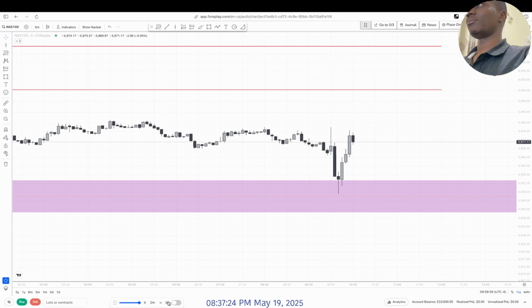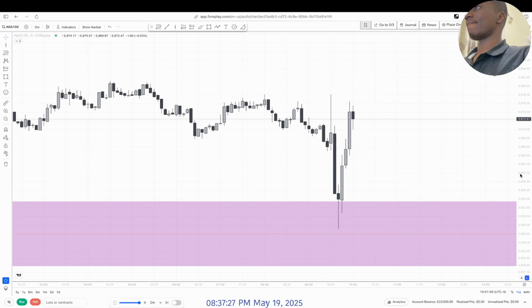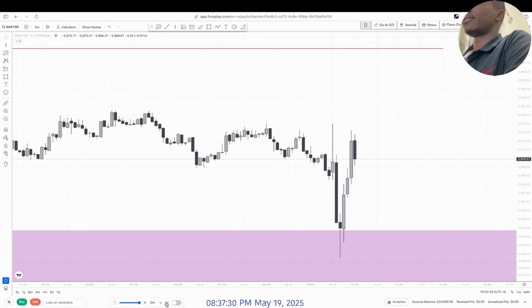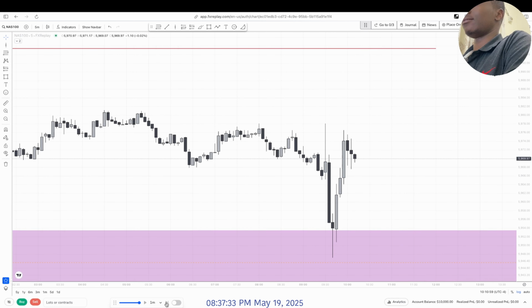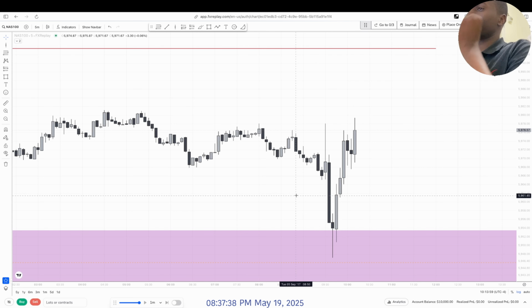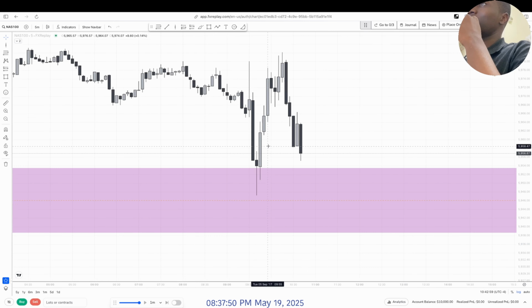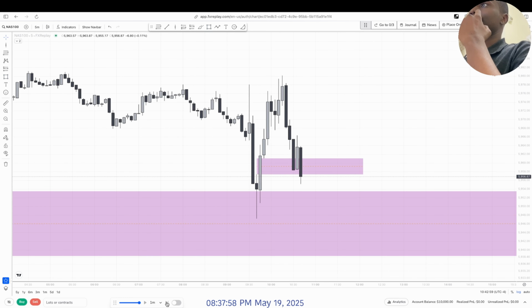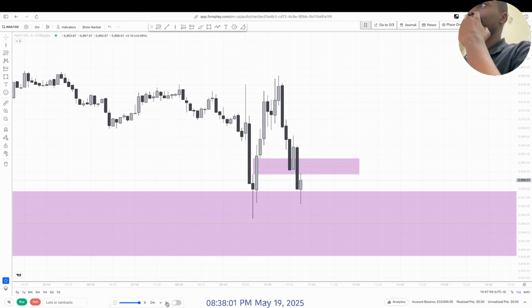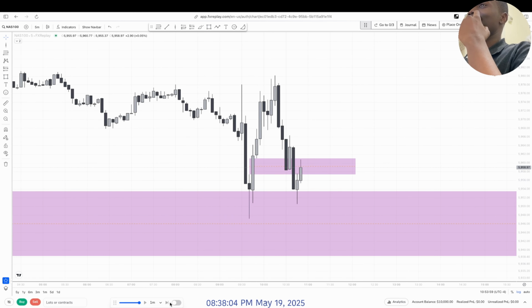Let me wait for a fair value gap retest. Come on, 5 minute. You can do it. You just retest it. But you can see that we had a kind of break right here. But let's wait. Okay. You can see we dropped into one. Yeah. Okay. So will it break below this low? We have to see.